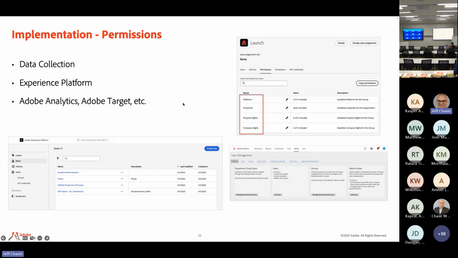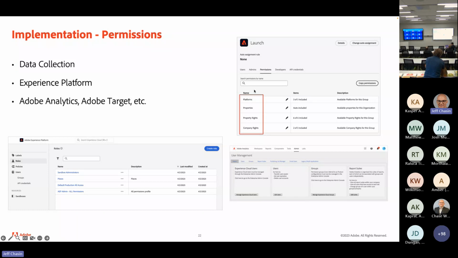So for the first step, when we talk about permissions, there are some permission settings that have tripped people up in the past because they sort of skip that step. And so you have settings for user permissions in user access and different roles in data collection, in platform itself, and then in the solution. So you see up here over on the right, this card that says launch with a little logo, and we have these permissions. This is a screenshot from our admin console, and in the launch product context,